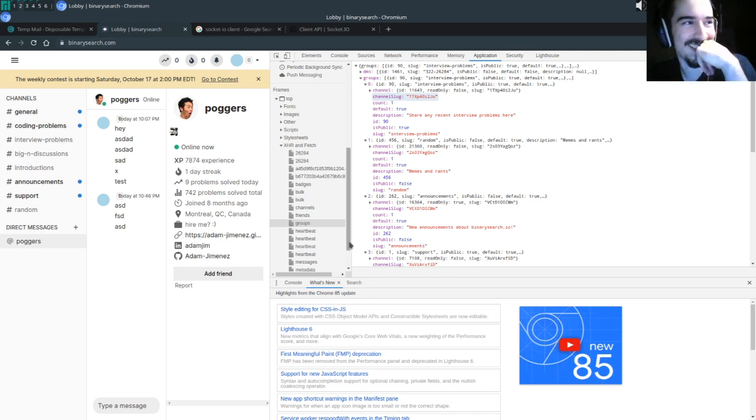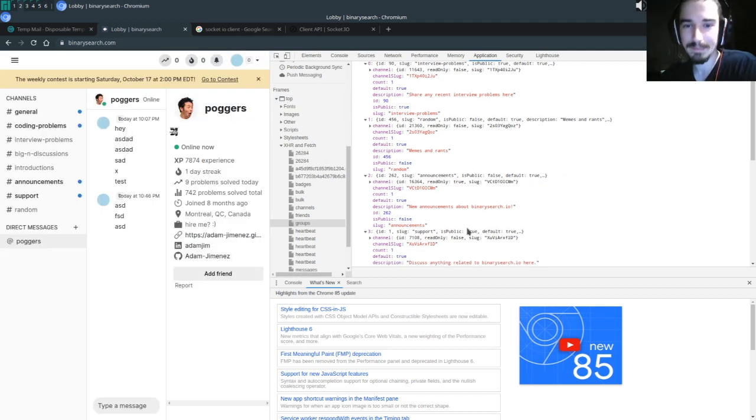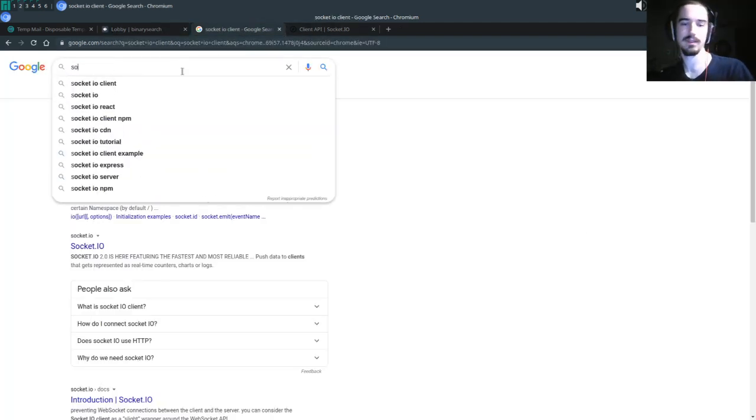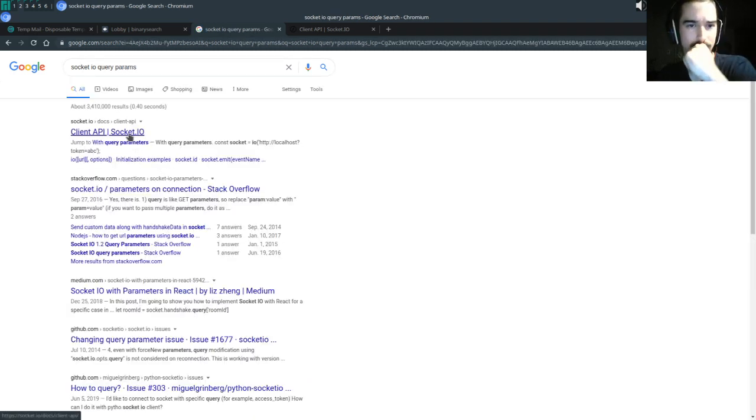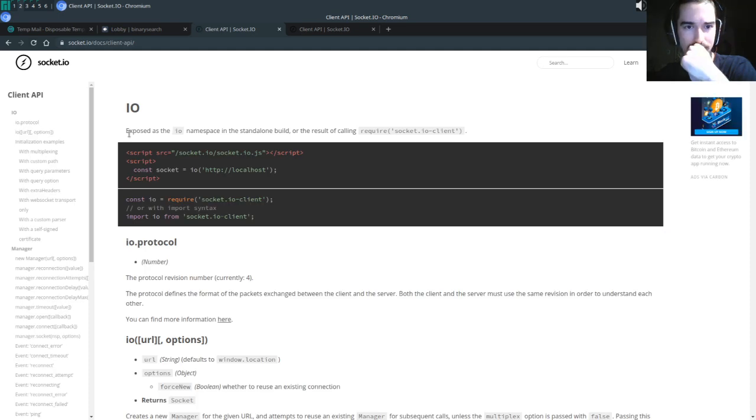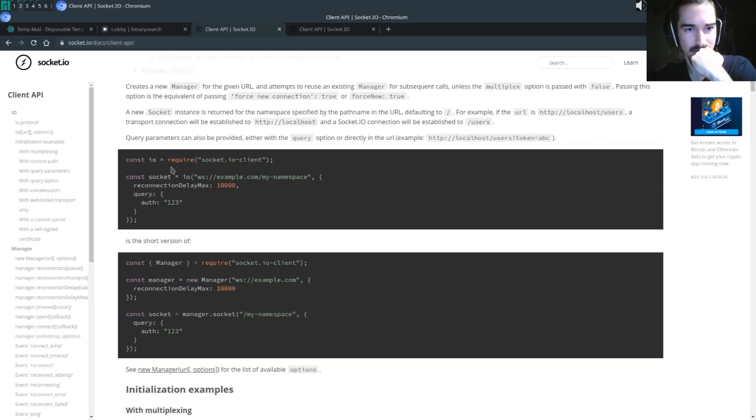So Poggers hit me up. What's this pug bot about? So I'm trying to connect a bot to the chat so we can write commands like you would with any Slack bot or anything, but it would be a binary search bot or a pug bot. But just connecting to the WebSocket is so complicated. Socket.io query. So I probably need to ignore